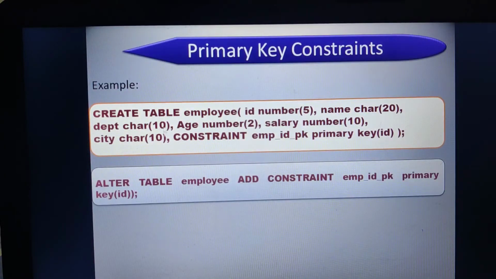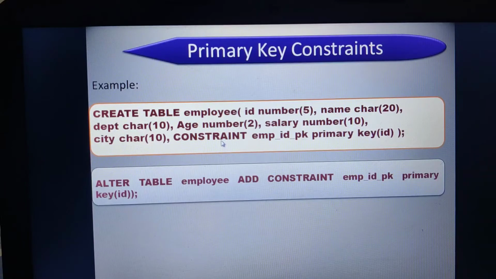Here you can see it. Create table employee, ID number, name, department, age, salary, city. Then after defining all the field names, at the end we are defining the constraints.